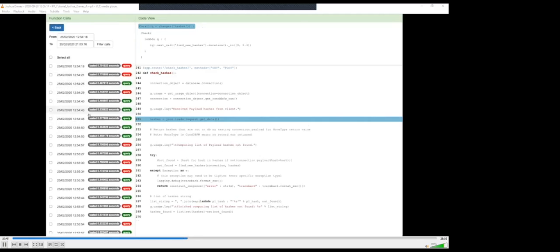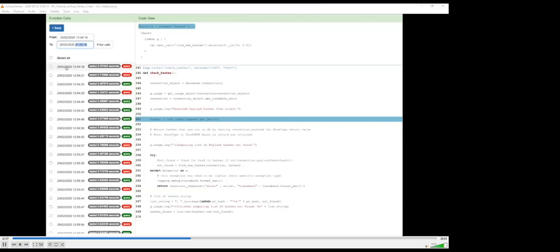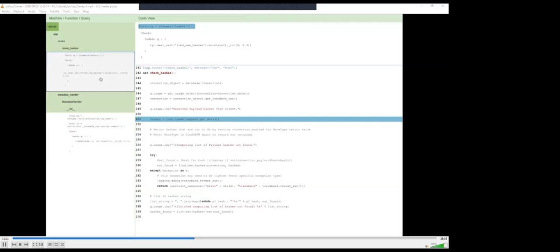However, given that in this case there are 4,000 function calls, we have the option to select all the function calls within an interval. Another thing about this display is that, first of all, you get the timestamp of when the function call started, you have the duration in seconds, and then you have the result of all of the specifications over that function with respect to the one that we selected. So we go back here,